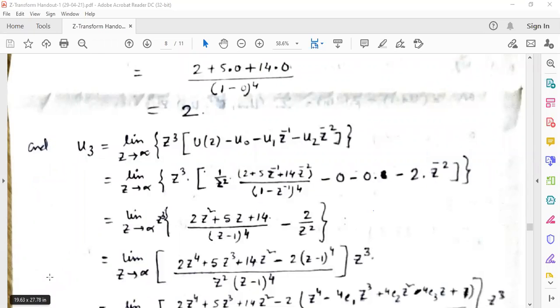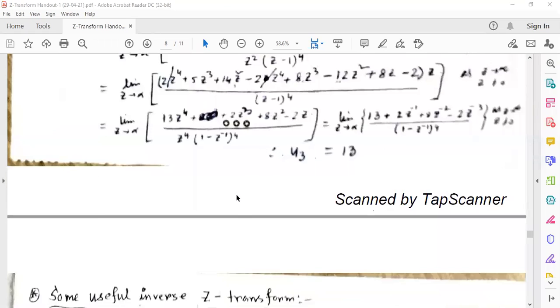So every time we have to remember the previous values that we found out. This kind of relation is also called the recurrence relation of our Z transformation. Because for u3, we need to find the values of u2, u1, u0. The previous thing is required, every time the previous thing is recurrent, so it is known as the recurrence relation also.